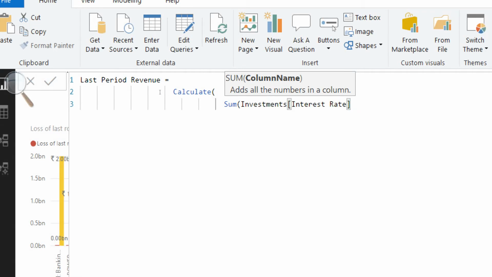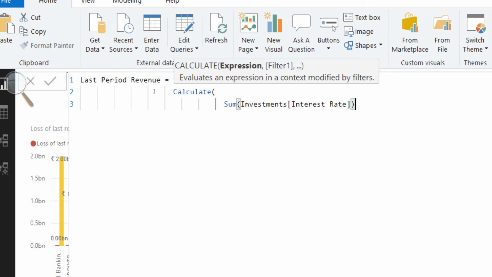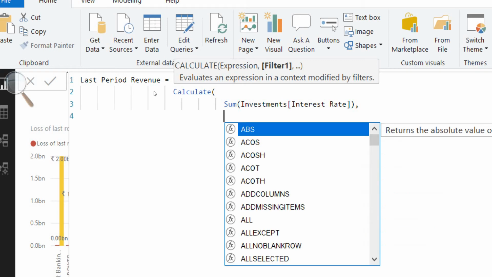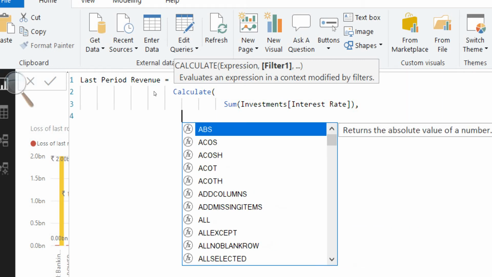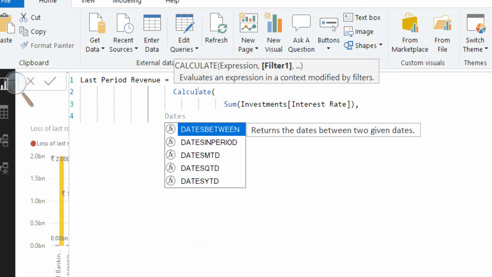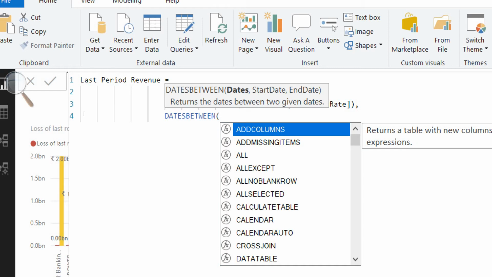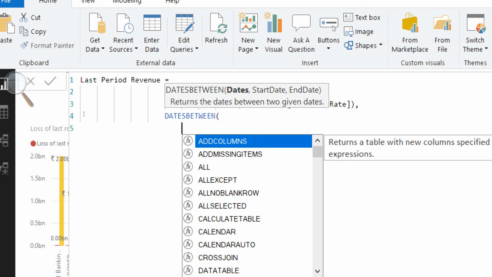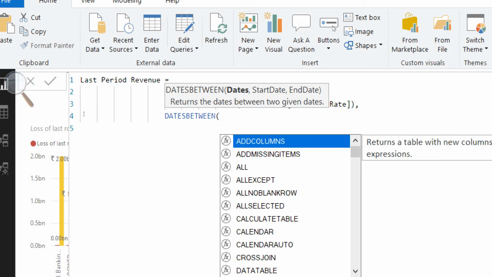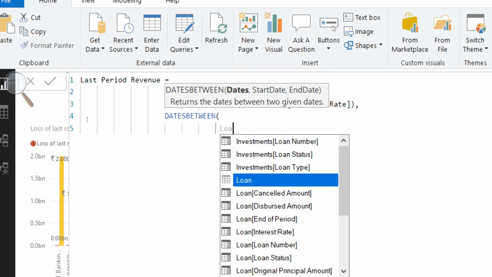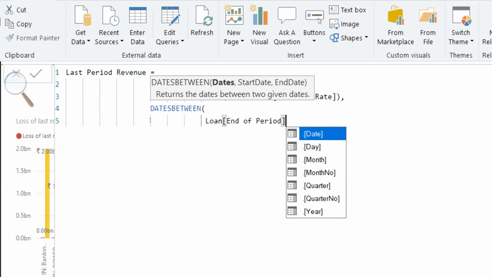So if I take this up in here, and furthermore if I go to the next part, which is the dates between, that means the dates between the two different years. So if I take the dates between and the loan of the end period, that means I will take the loan of the end of the period, and I will take the